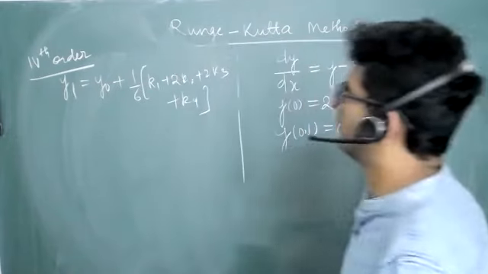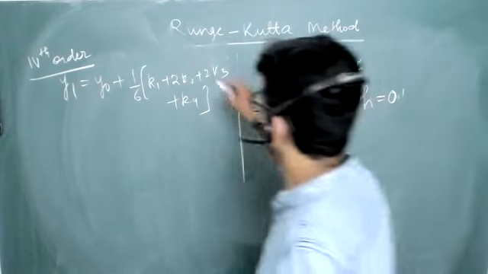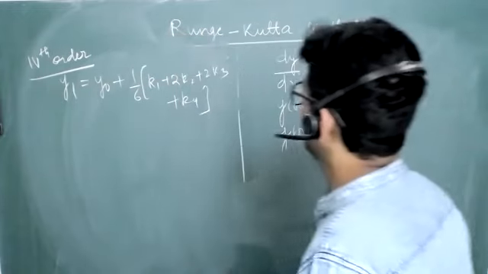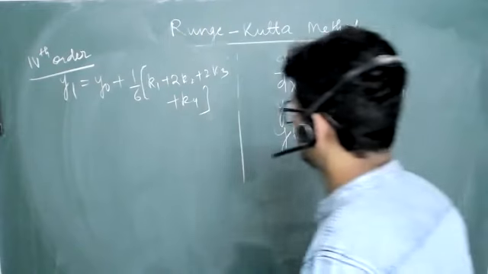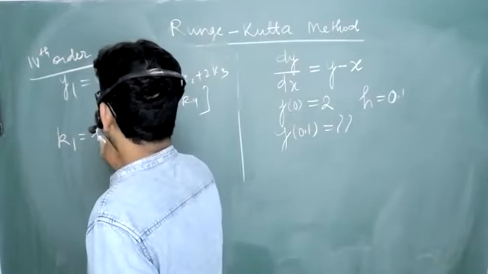This is Runge Kutta fourth order. Now get the value of k1, k2, k3, k4, everybody. Calculate k1 is just h of f